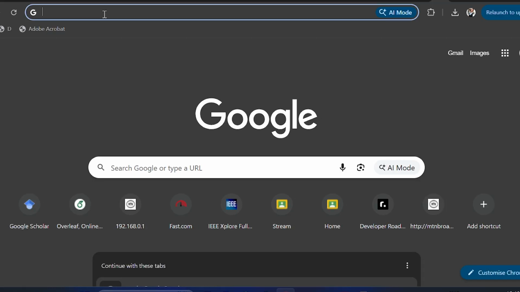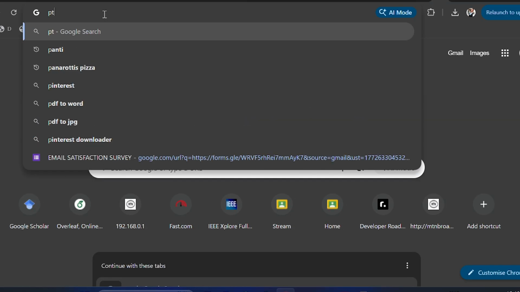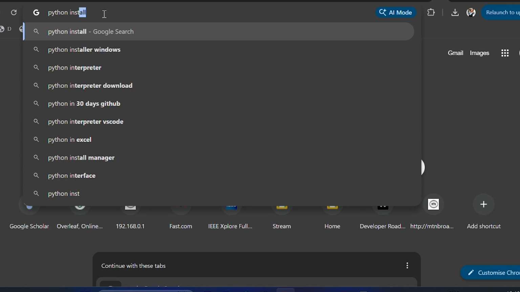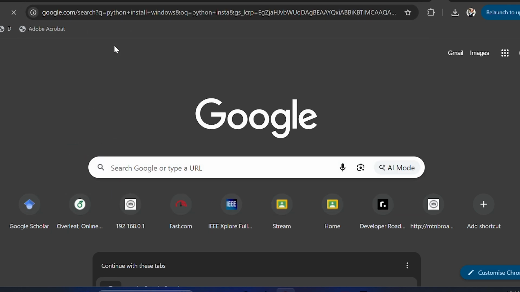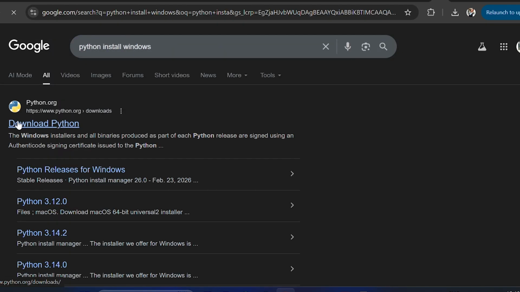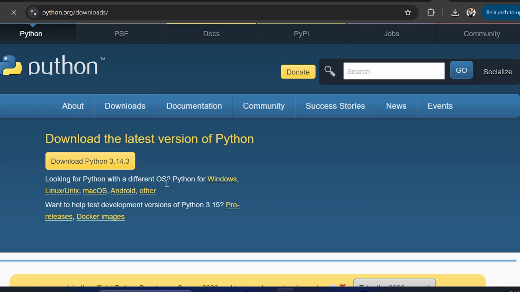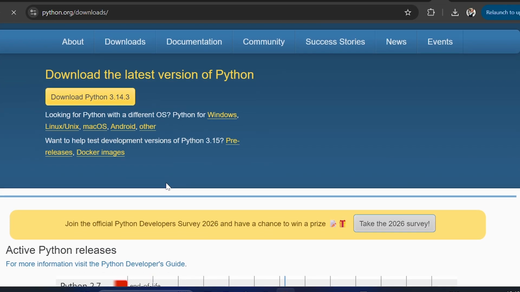So to install Python, you go to your browser and type either Python install or Python download. It will take you to the website. You would see python.org, download Python. That's the one you go for. So once you click on download Python, it will take you to the downloads page of the website, and on the downloads page you would see